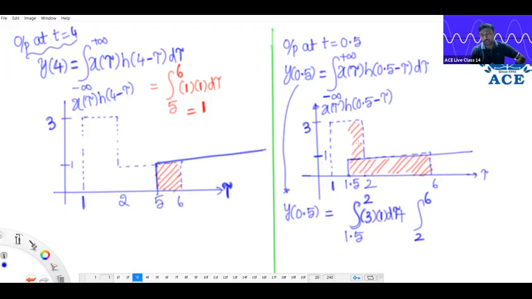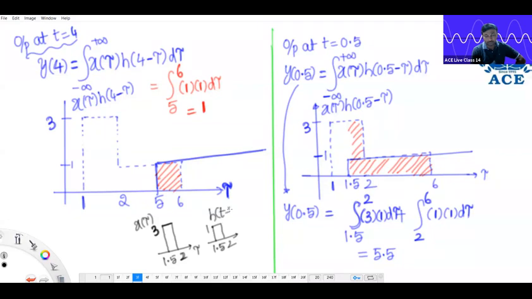1.5 to 2 interval, x of tau amplitude 3, shifted signal 1. 2 to 6 interval, they have the same amplitude. Only for 1.5 to 2, I am sketching the graph separately. Only 1.5 to 2, what are the x of tau segments? It is a small rectangle. Shifted version also another rectangle. So the product of them will make 3 ones are 3. 3 into 1 means it becomes